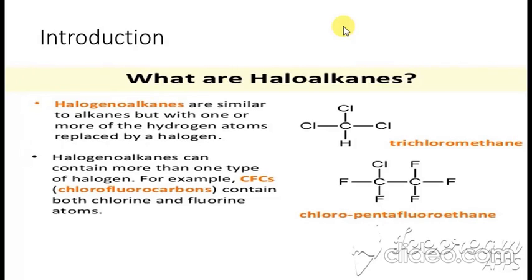There are many types; you can divide them on the basis of the number of halogens. If there is only one X, RX, it is called a monohaloalkane. If it has two halogen groups, it is called di, tri, and so on. So as the number of halogens increases, their name changes. This is the alkyl halide, called RX.